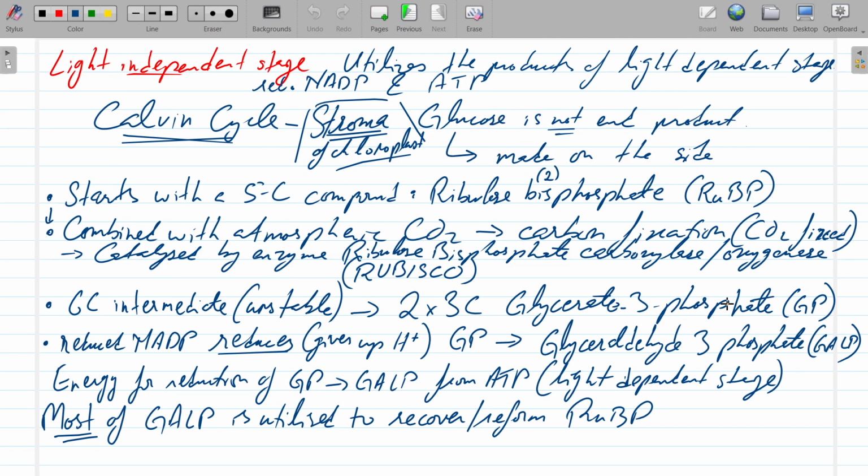So glucose is actually made on the side. You would expect the glucose to be the end product, just like we had ATP coming at the end of oxidative phosphorylation, after the Krebs cycle. No. So if most of the GALP, the glyceraldehyde 3-phosphate, is being utilized to reform ribulose bisphosphate, then how do we end up with glucose? Well, before I move on,